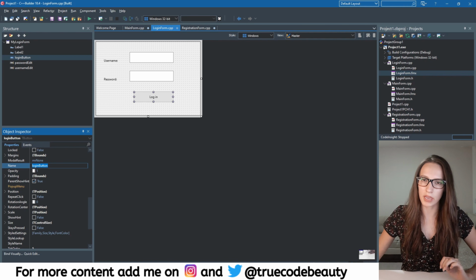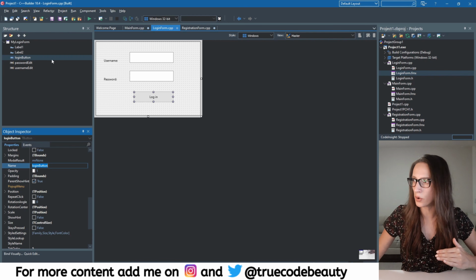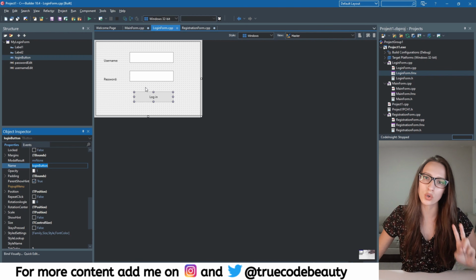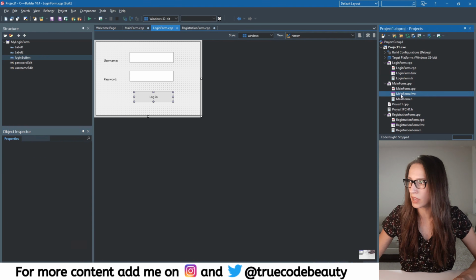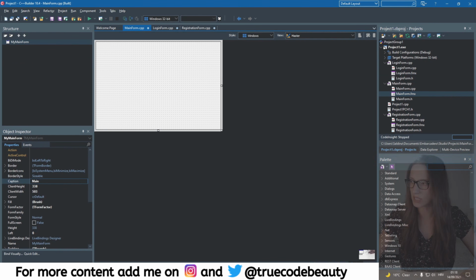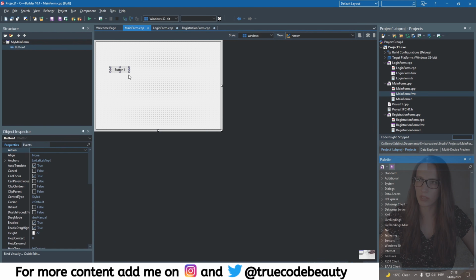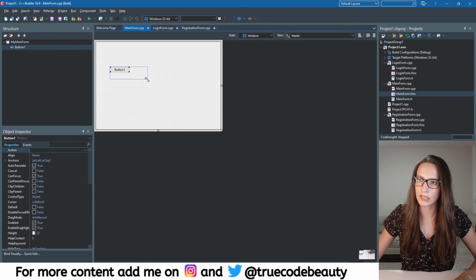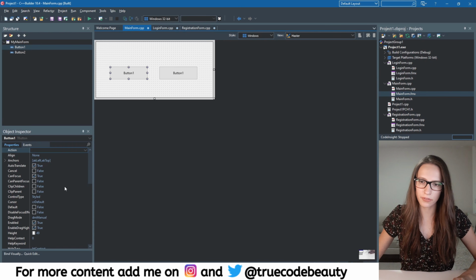So the only form that remains is our main form, and if you remember from the beginning of this video, the main form should contain only 2 buttons so that you can navigate yourself to either registration or to login. So I will open mainform.fmx, and here I will just add 2 buttons. So one button will be here, and I will copy it once more and paste it here. So the text of this first button will say login,